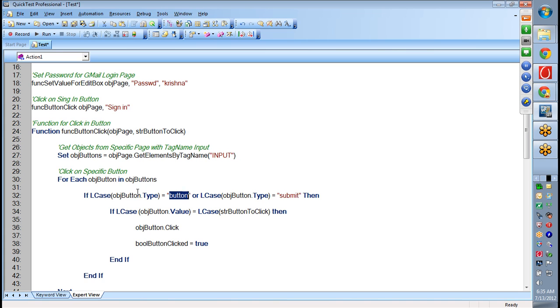see here, object button dot type, either submit or button type. For all those ones,